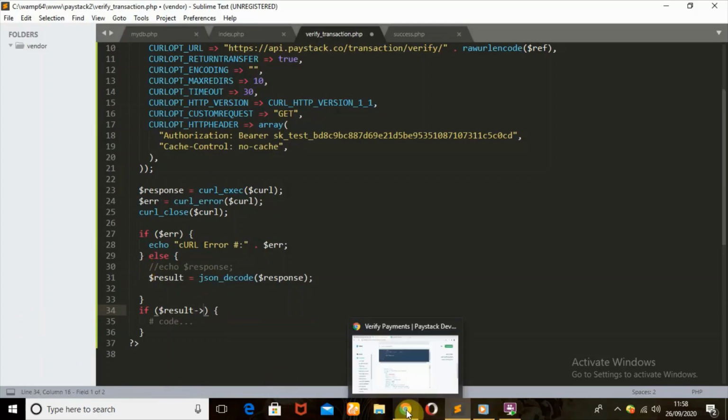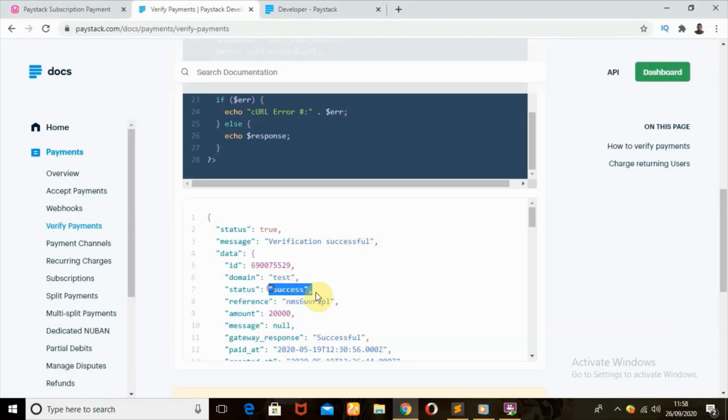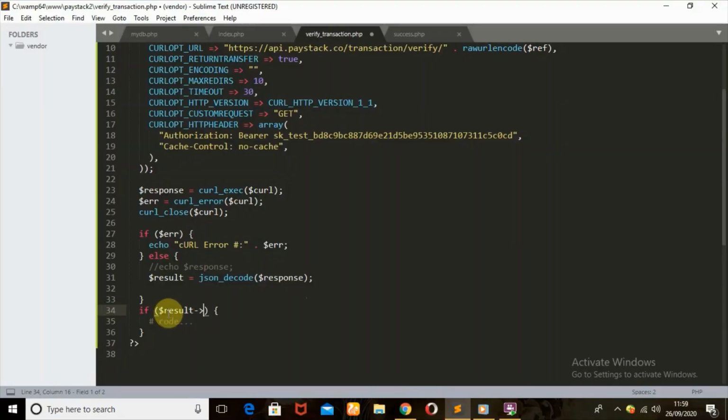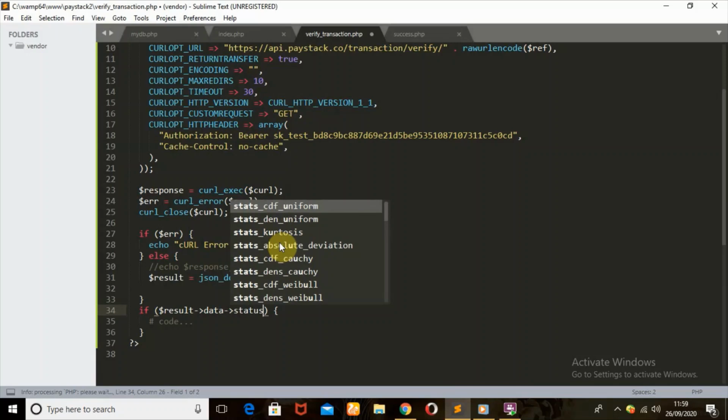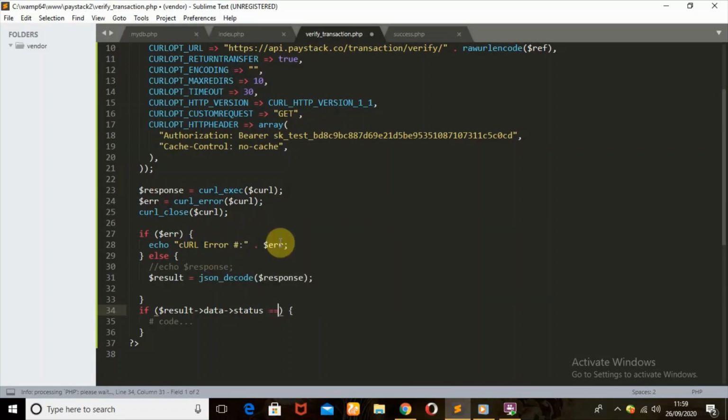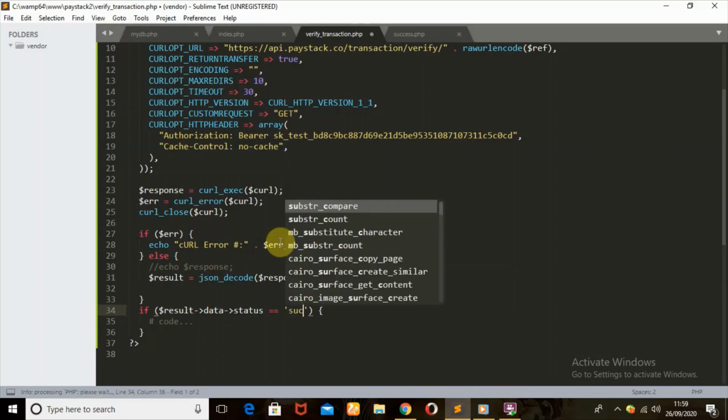In order to get this status value, after result, I'll pass through the data, then status. And the string here is status. So that's what I'm going to be checking in this condition to check whether it is true. So data, after data, and status. So if it is equal to success,